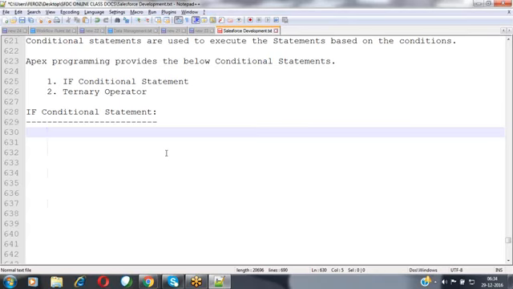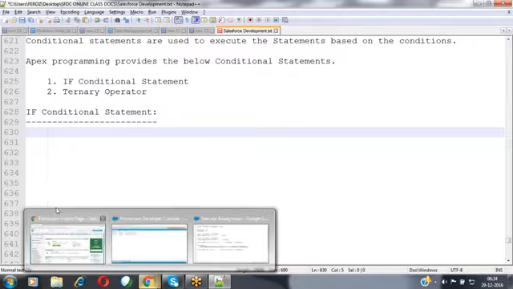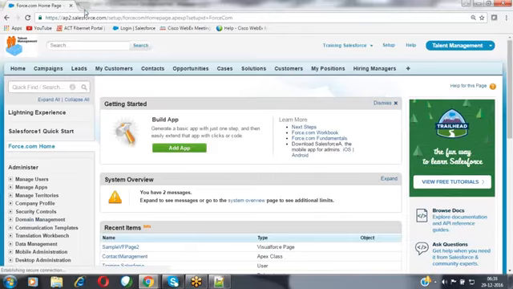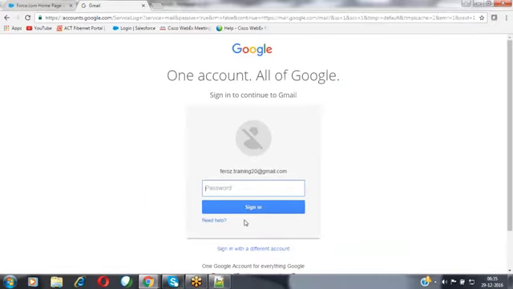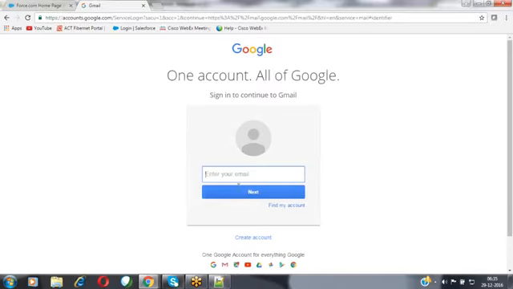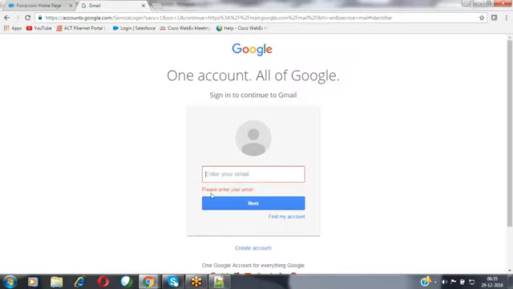Suppose, for example, let's assume I have a login screen, the Gmail login screen. This login screen asks me to provide the username. When I click on the next button without providing the username, what happens? It gives a message, please enter the email. Nothing but please enter your username first so that we can verify with this name whether a customer exists or not.